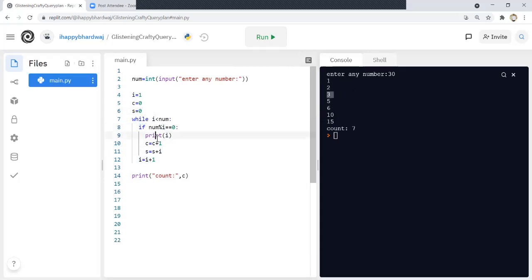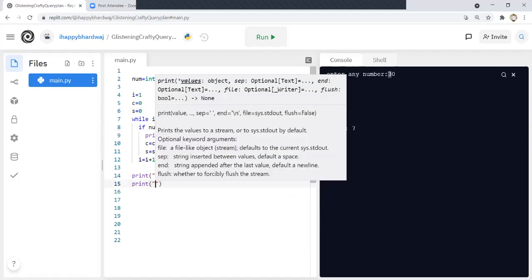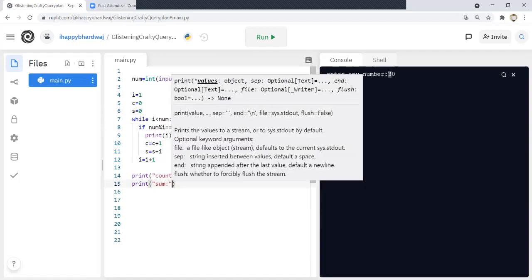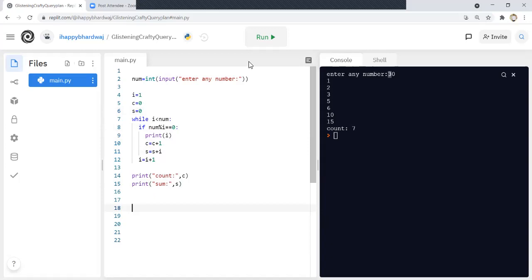So now this if condition, it will enter only if i is a factor, and then only it will enter inside this if condition. Now only those i's will be added to s. Those are the factors of the number we are finding, right? So now I can simply print here, print sum, let's say s. Now if I try running the code, let's say for 12, it is saying the count is 5 and the sum is 16. Now let's try running the code again. This time let's say 24. So it is saying the count is 7, sum is 36.